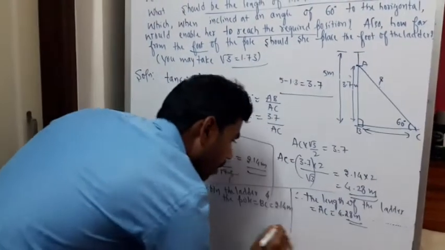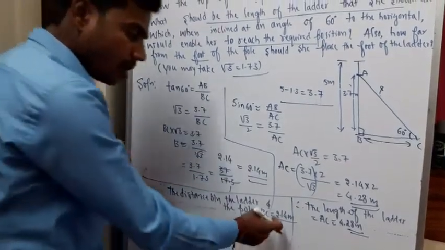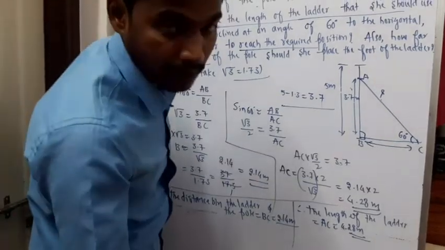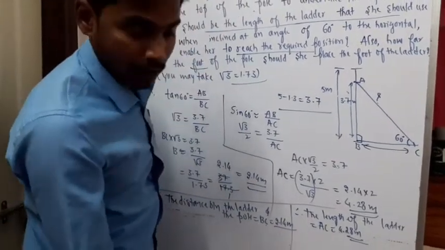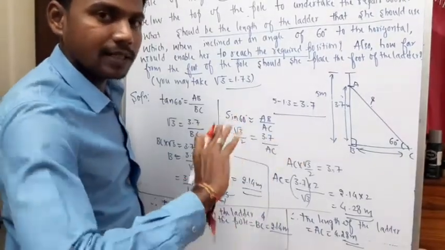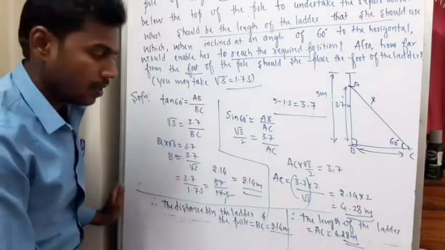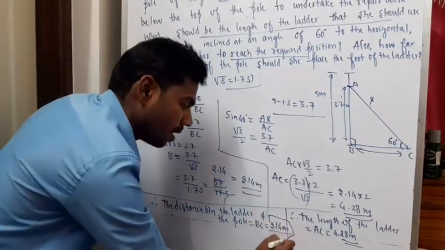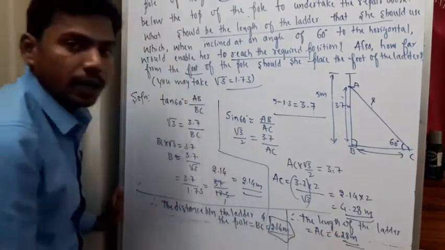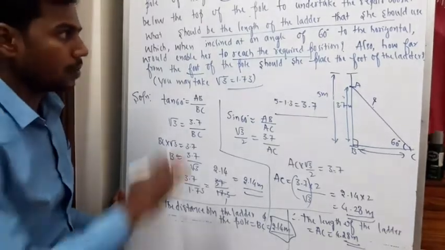And this is very important. Writing the correct unit is very important. See, there is a lot of difference between meter and centimeter. 1 meter is equal to 100 centimeter. Instead of meter, if you write 2.14 centimeter, there is a variation in the length. So you are going to end up with the wrong answer. So the units play a very important role. You need to write the proper units. Okay, so please note this down.